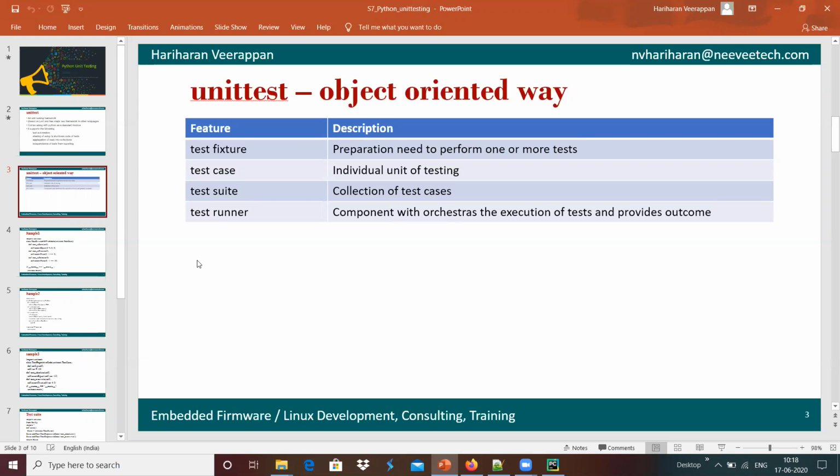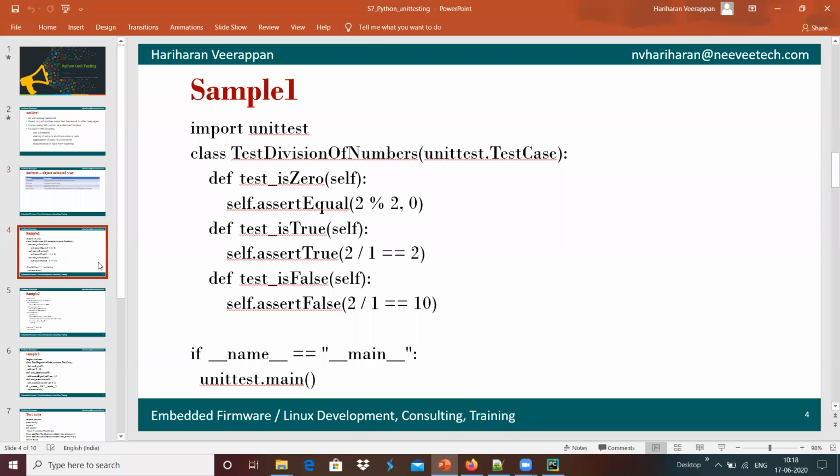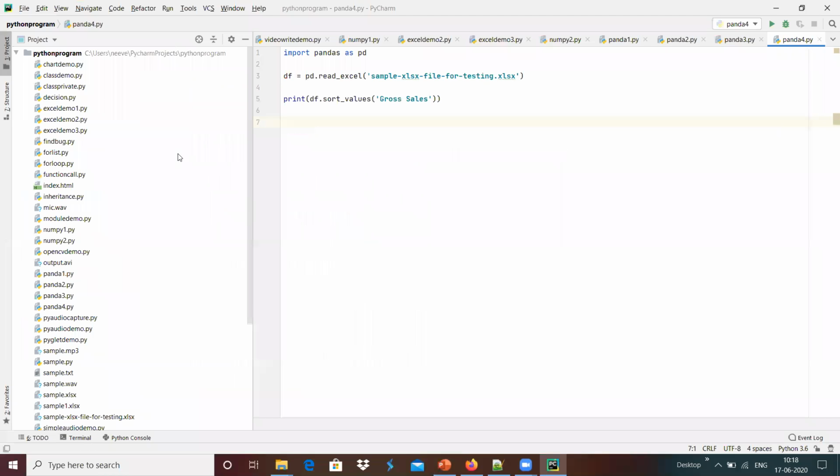We will see how we can do the testing practically, starting with a sample. We want to write test cases for whether the test is 0, true, or false. Three test cases we are going to follow here. I'm going to write the code here and create a new one.